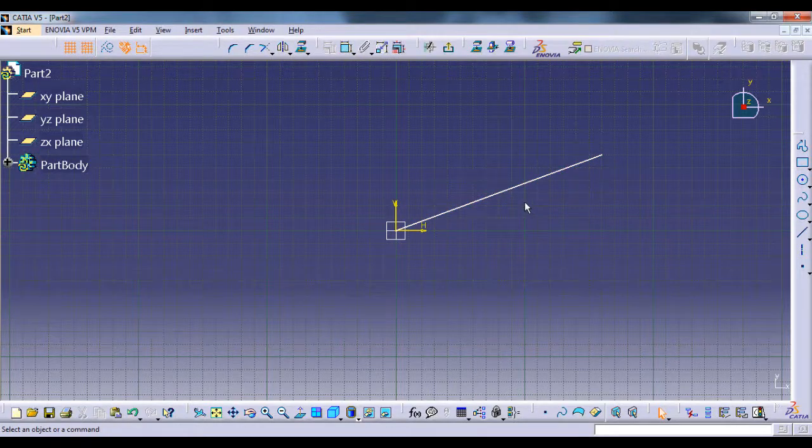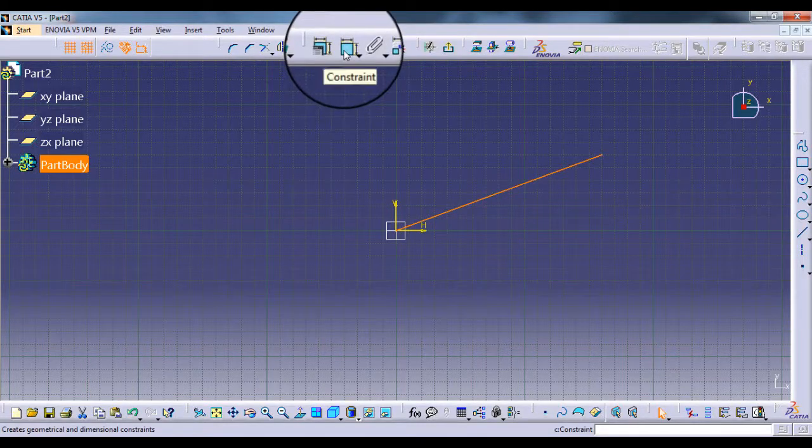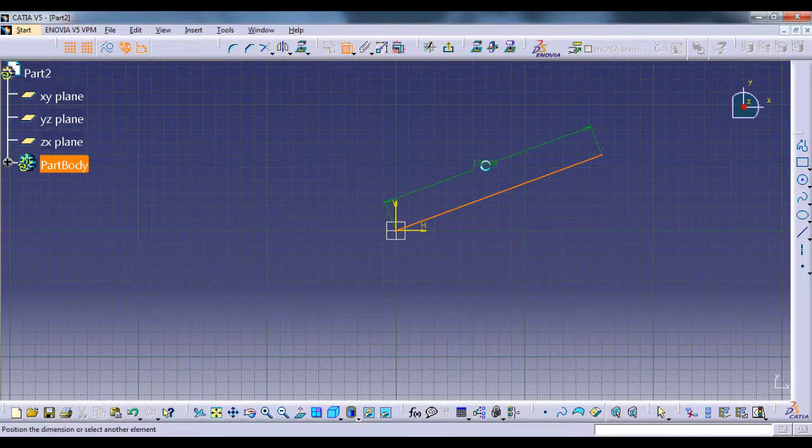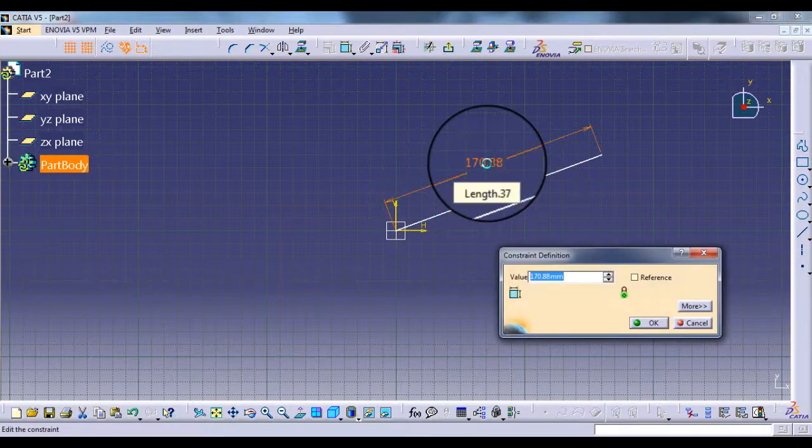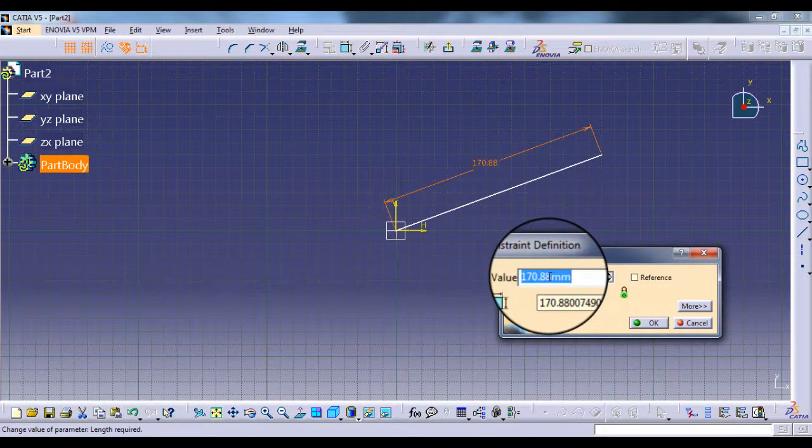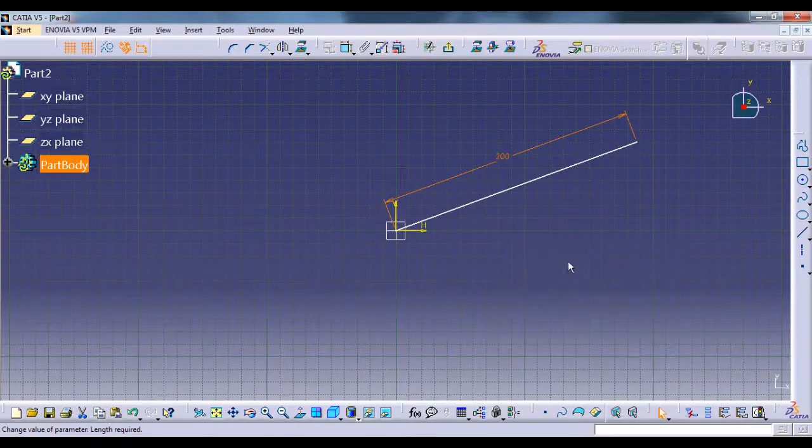So to know the length of this line, I will first click on this line and then click on this constraint command. So we can see that the length of the line is 170 mm. So I will make it as 200 mm.